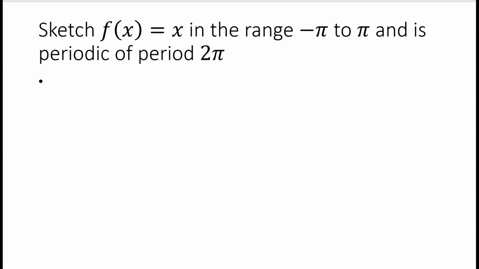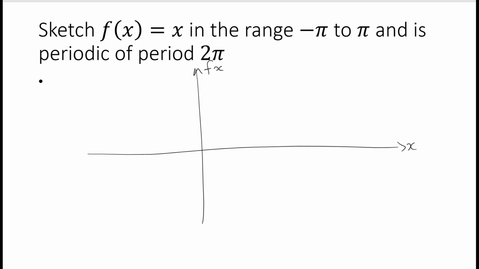The next one, again, it's got some pi's in it, and we need pi and 2 pi and negative pi, and the same here, and maybe negative 2 pi. From negative pi to pi, it's like that. Now with a period of 2 pi, it's going to start again, so it's not very accurate,